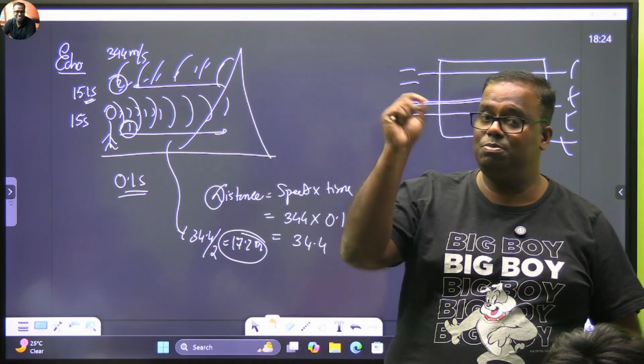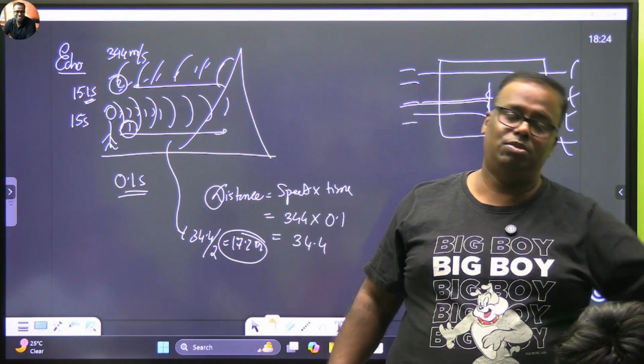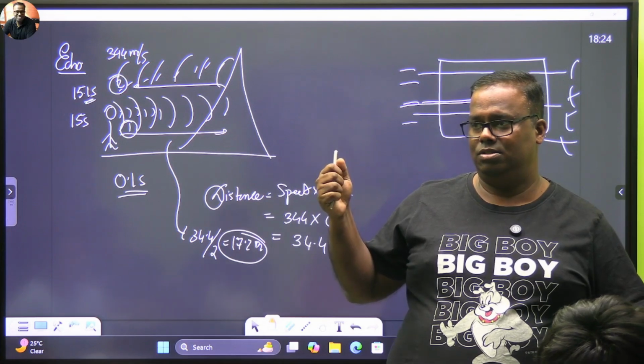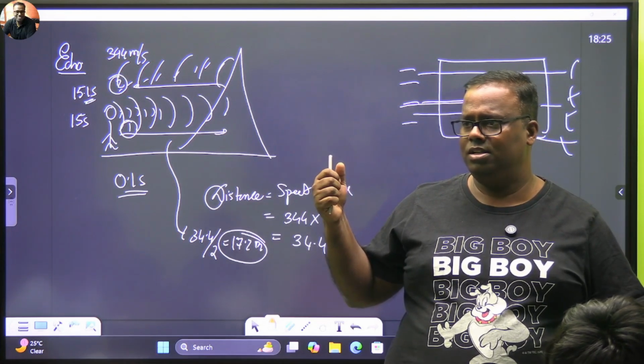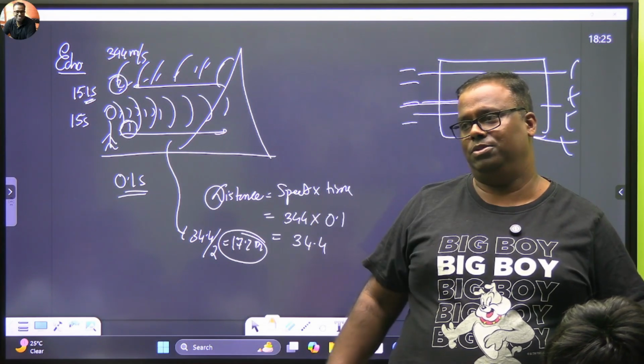If you take an ice cream seller's bell and ring it, ting ting ting, you can hear that from far. That's why churches and all these places have a bell. A church bell is not loud, but its frequency is very high, so you will hear it from very far, the gongs.